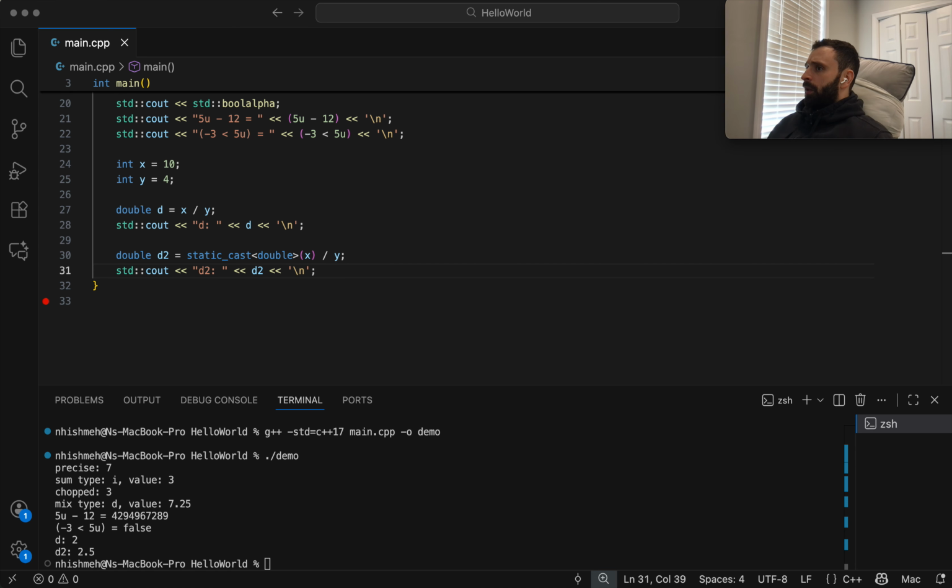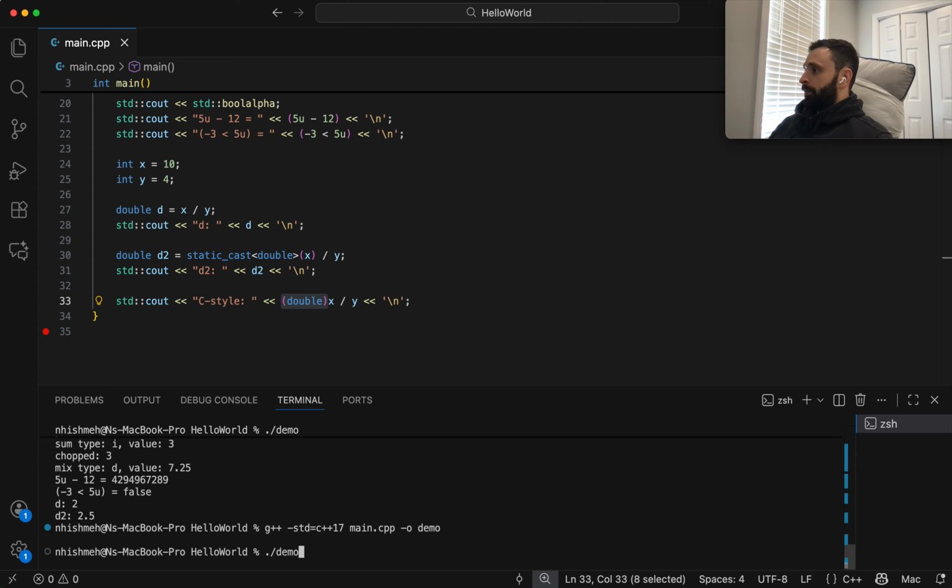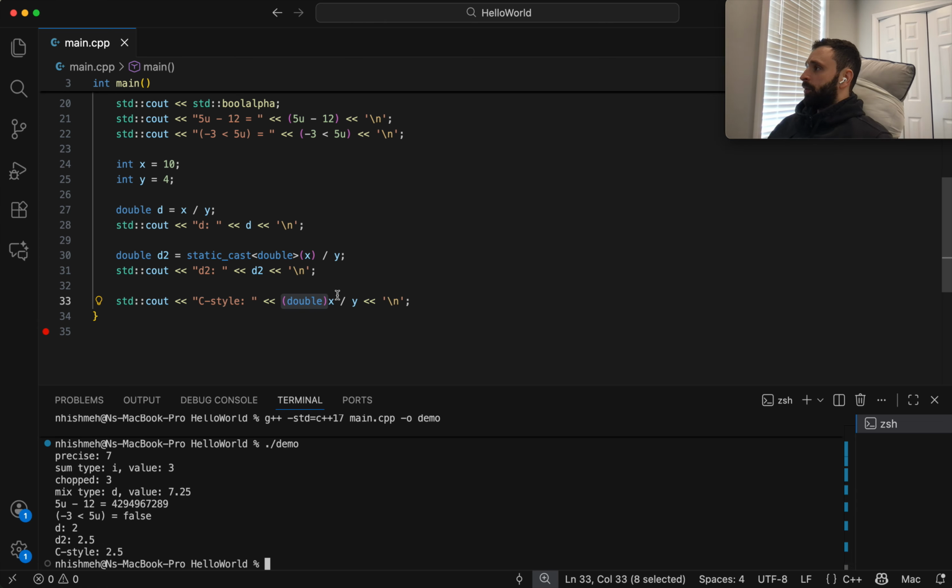Okay, so let's talk about C-style casting now. C-style casting looks like this. We're casting to a double. So it's the same as this, but instead of static_cast, you have double in parentheses. But the problem is it looks simple, but it's really not.